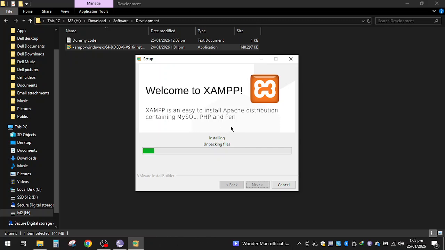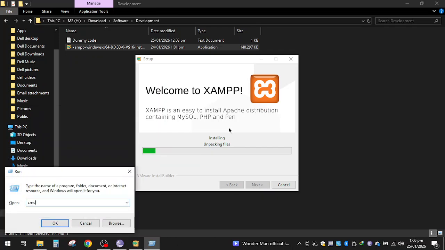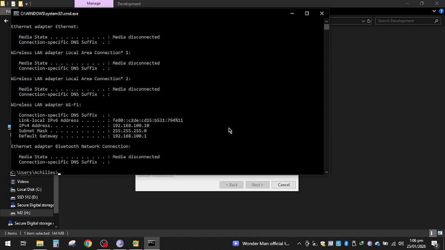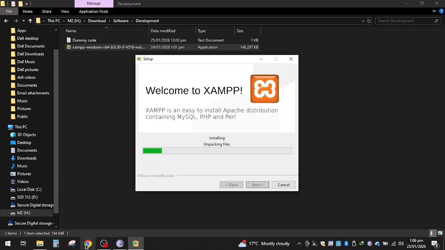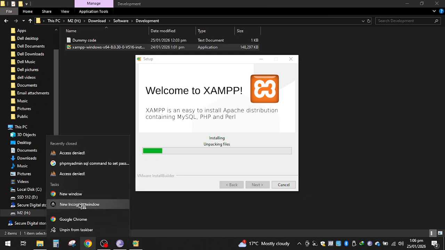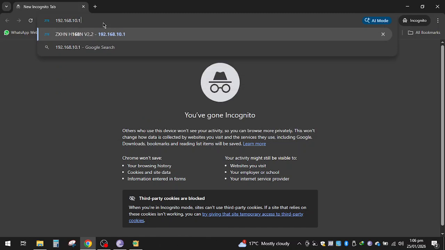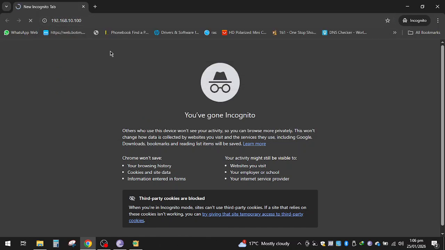So just suppose that I'm trying to access this particular machine through its IP address. To get the IP address, you can get it with this particular command, ipconfig, and you will see that the IP address for this computer is 192.168.100.10. So I can access it from my end on this machine because it is my own machine. But if someone is trying to access this from their machine, they will be having some problems because of the firewall,